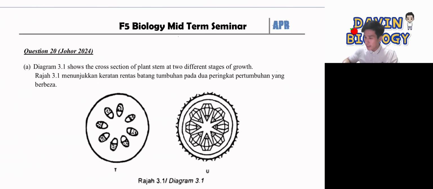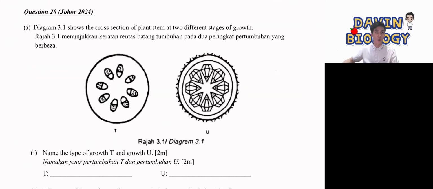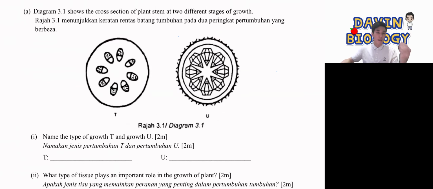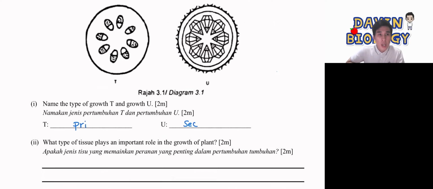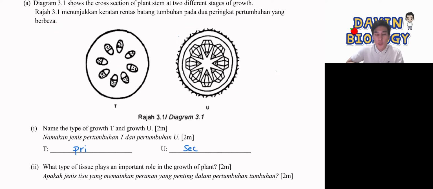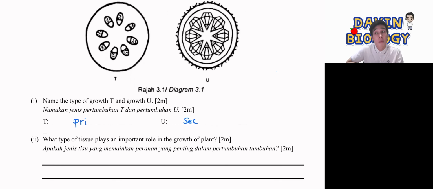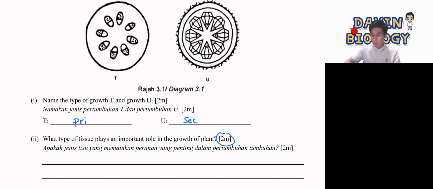Now this trial here is very simple. Johor last year, they give you 2 stems, one primary, one secondary. Type of growth, just mentioned, right? Primary, secondary, easy. Type of tissues: what type of tissues plays an important role in the growth of plants? 2 marks, right? So remember, primary and secondary each involve different kinds of tissues. What was it, just now? Growth is